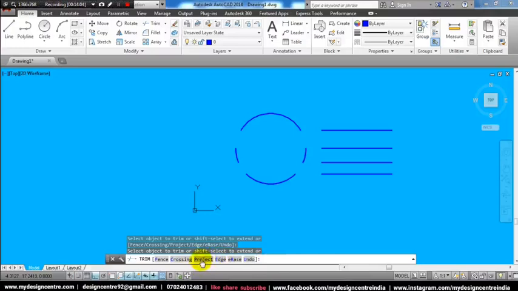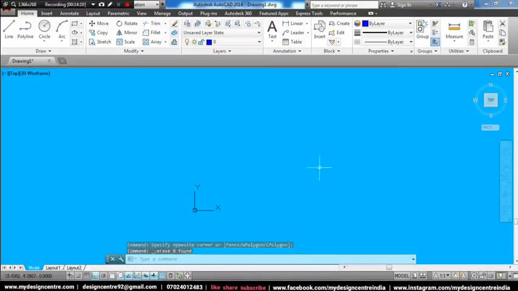For that we have to delete this object, project, delete this one. And I think all of you are very much familiar with the projection method in engineering drawing. In projection, the object drawn is projected perpendicular to the plane of projection.